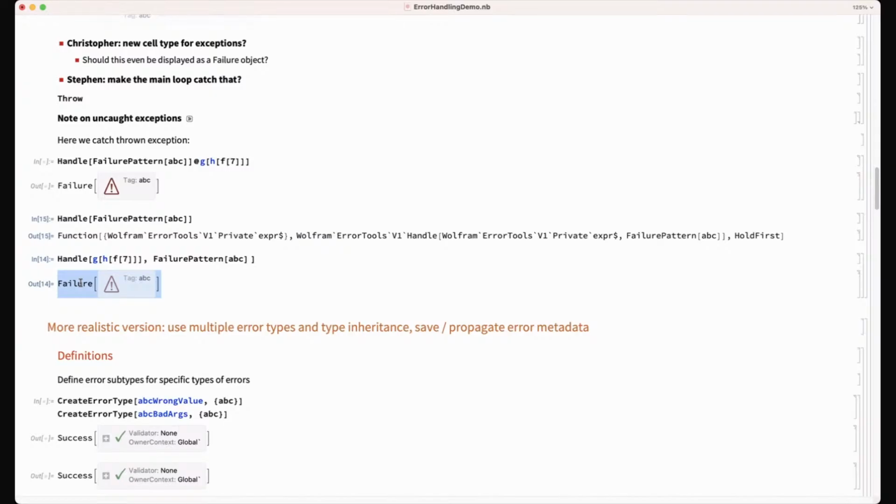The underlying thing is indeed catch, but what handle does is it always catches all exceptions. But then if it's an exception that is not supposed to be caught, it re-raises it.